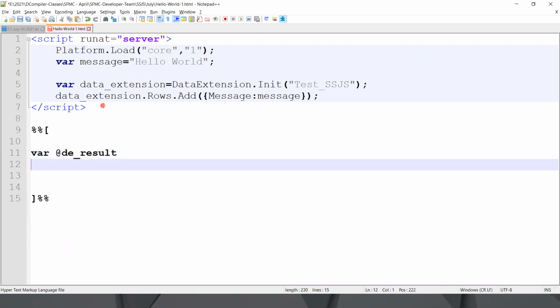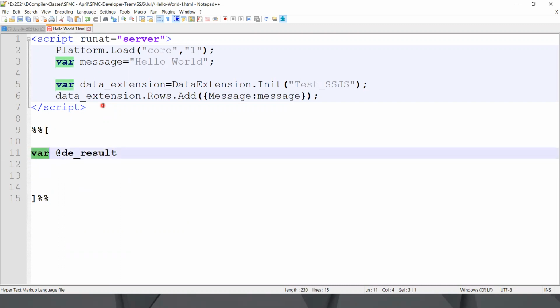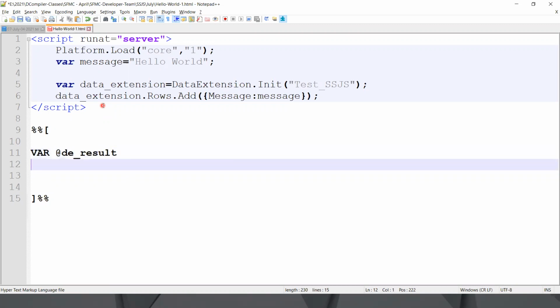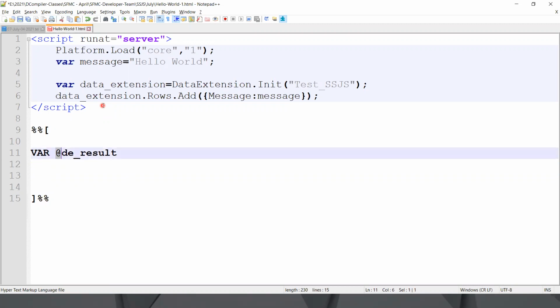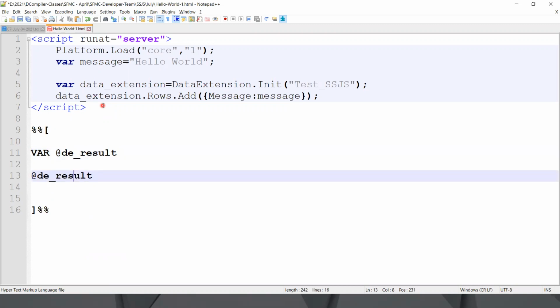No need of semicolon in this. And when I'm using the keywords of AMP script, it is not a case sensitive language. I usually go with uppercase. Now it's time to get that result with the D result. And we need to use the keyword set so that it stores the information is equal to